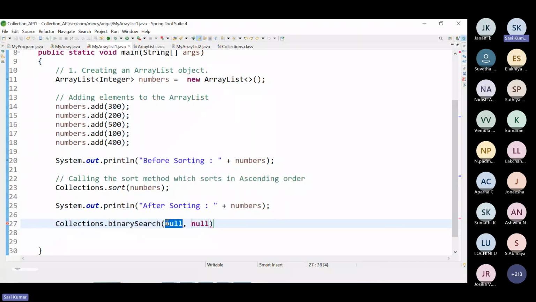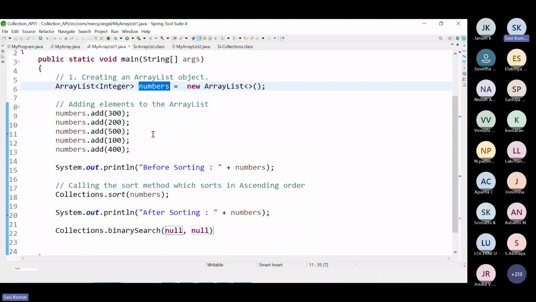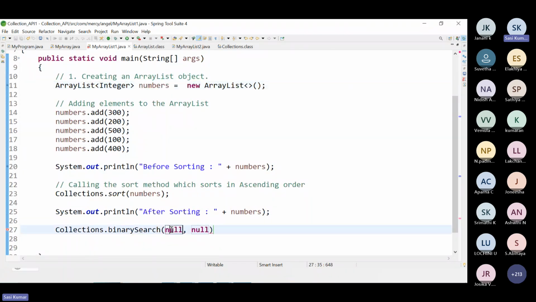Now what does it ask? It expects two arguments. What are the two arguments? The first argument is in which list you want to search. There can be many lists, numbers, names, many array lists. I want to search in this array list. What is the next parameter?